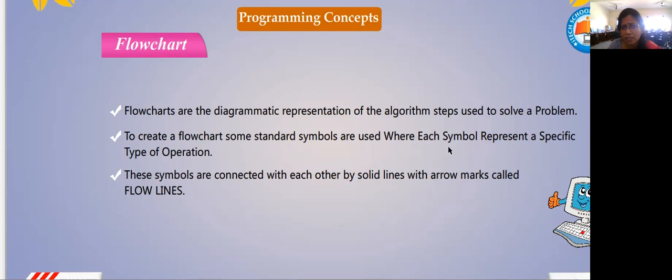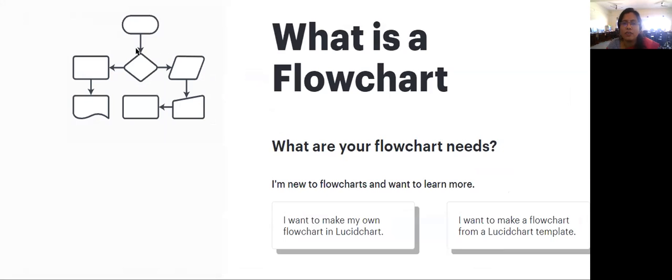So these symbols are connected with each other by solid lines with arrow marks called flow lines. Can you see these arrow marks? Yes, this is called the flow line. So by looking at these flow lines only, we can make out how the instructions are going. Let us take this right side one. So it is going to start here and coming to the diamond shaped box. Then from here, it is going towards a